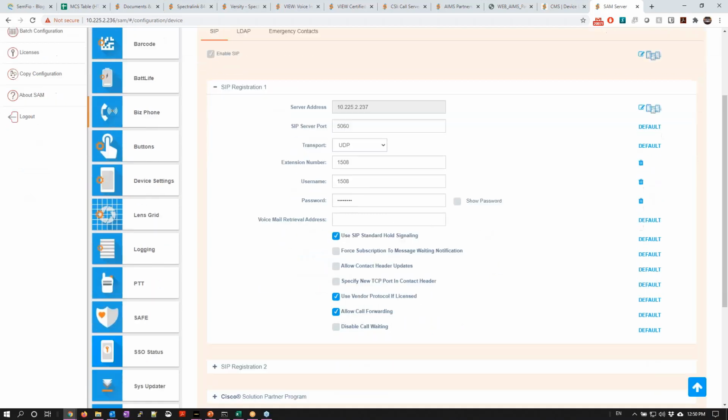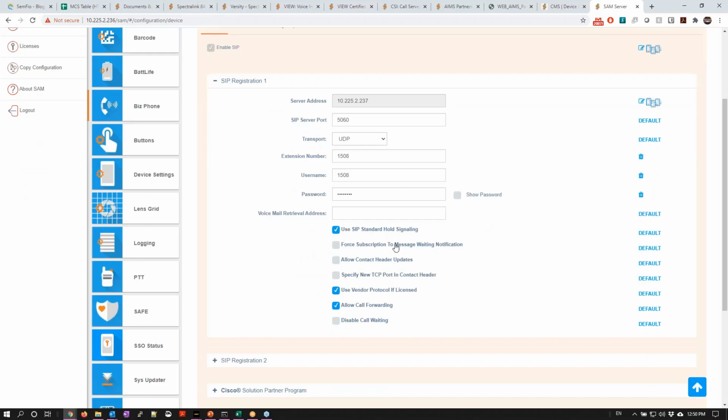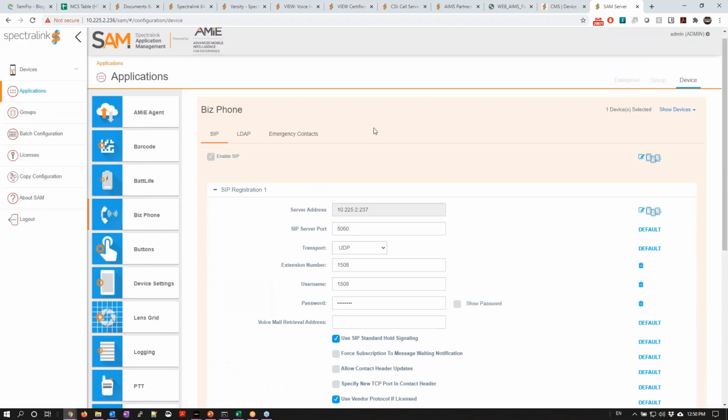Setting up your extension number again, so I could pick up and dial 1508. Let me give that a crack. Give me a second. 1508. Should. Yeah, there we go. Cool. Answer a phone and talk to myself. And away you go. So again, nice and simple in terms of its configuration and a very simplistic, easy to follow